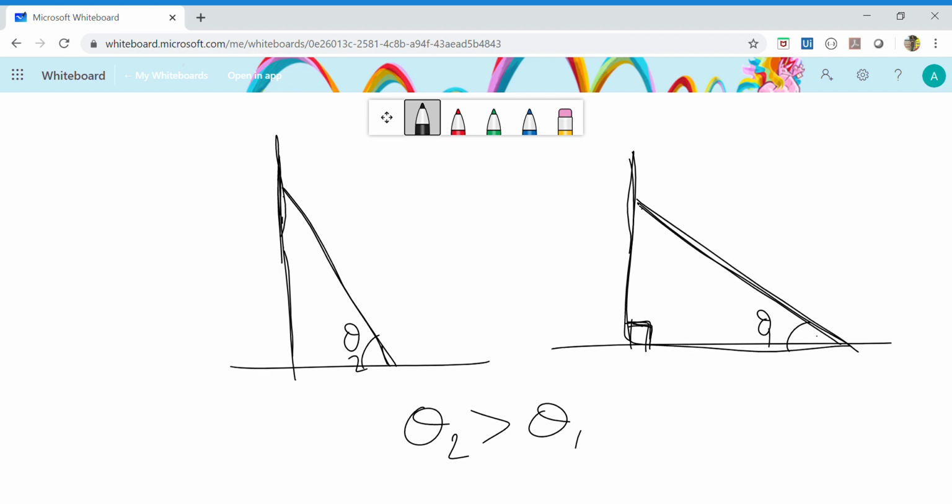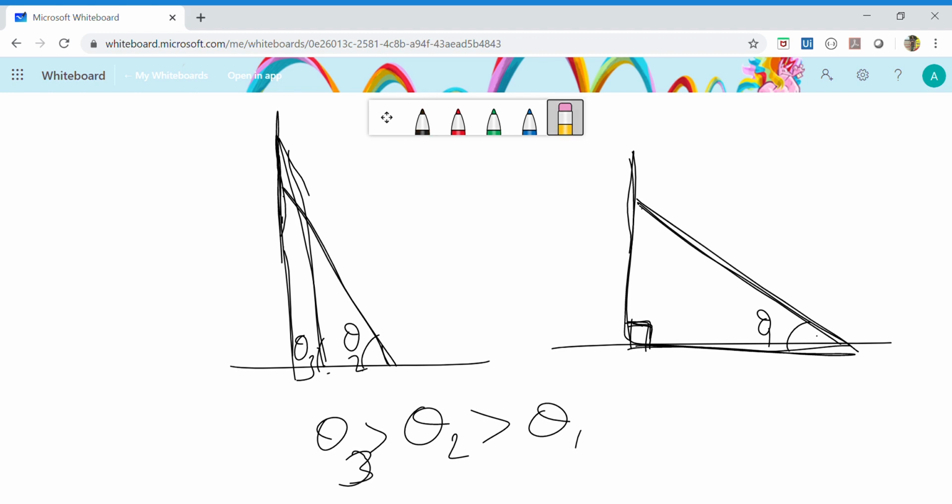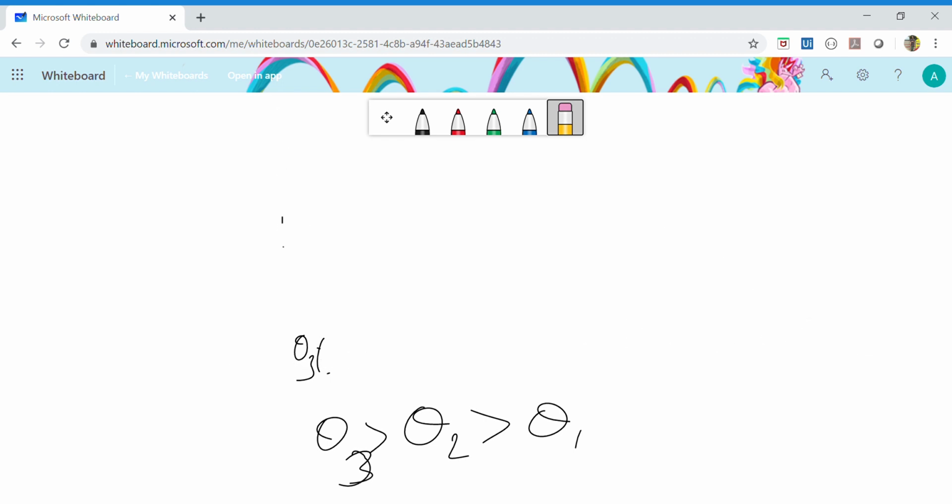So if it is coming nearer and nearer to the wall, the theta will be increased. Suppose if I draw it like this, the ladder comes like this, the theta will be increased more, theta 3. Theta 3 is greater than theta 2, which is greater than theta 1. That means the distance here is longer, but the distance on the ground is decreasing. You have to identify this relation, which is mainly useful in applications of trigonometry.